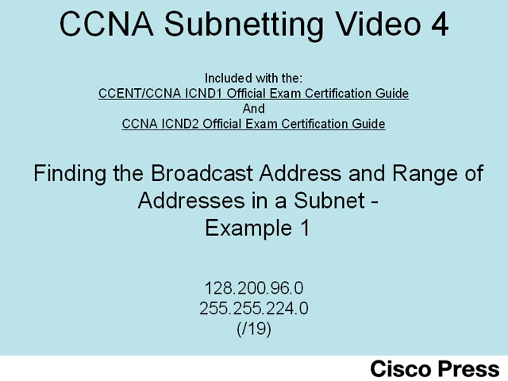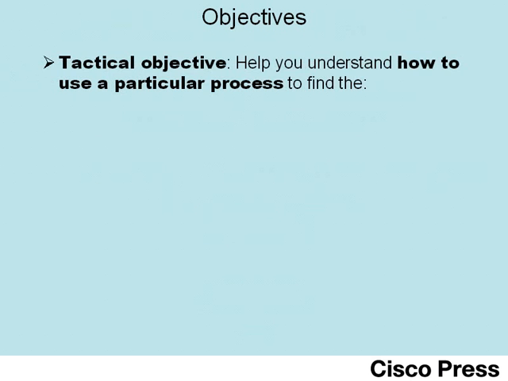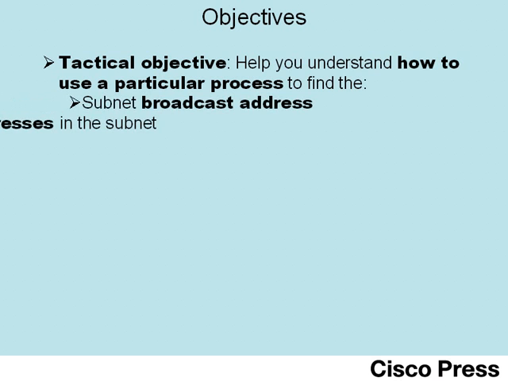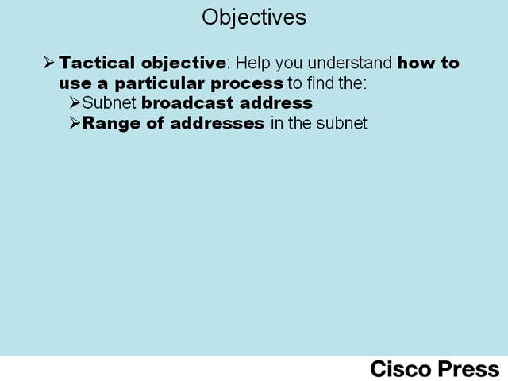128.200.96.0 with mask 255.255.224.0. This video has 2 main objectives. First, the tactical objective is to help you understand how to use a particular process to find 2 pieces of information about a subnet: the subnet broadcast address and the range of valid addresses that can be assigned to hosts